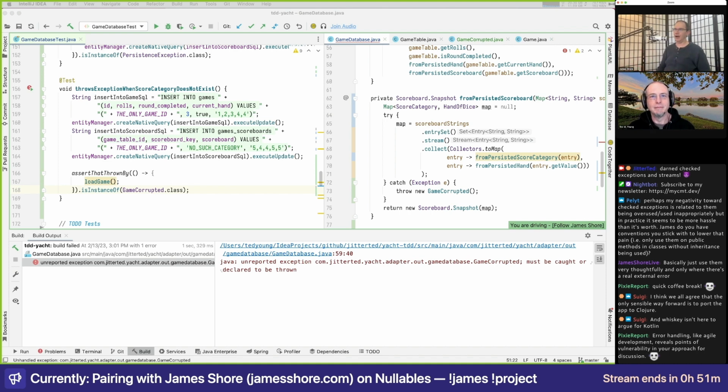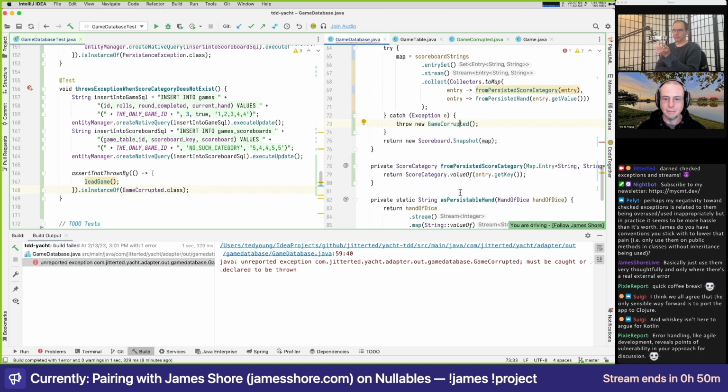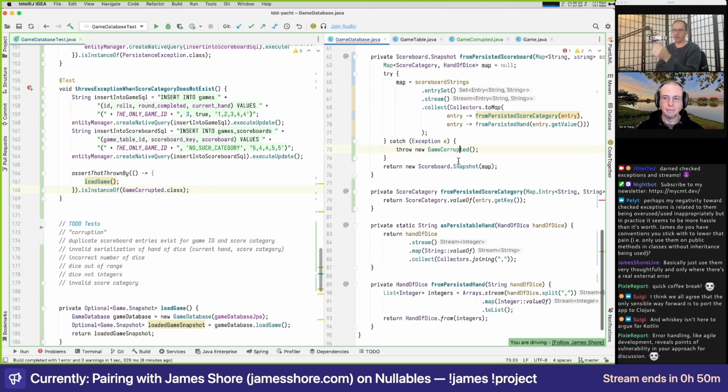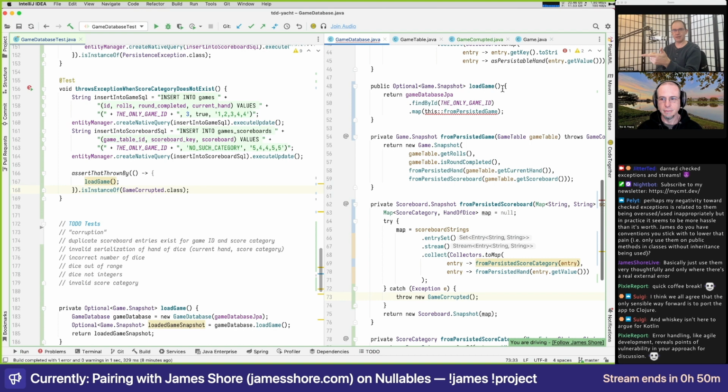Right. But I think for us, for load game, that's an okay scenario. But either way, we've got to get the exception out from persistent scoreboard. So we should decide. I think we have three options here. At our interface, we can throw a runtime exception and just propagate it, we can throw a checked exception, or we can return an algebraic data type that has three conditions: found, not found, or error.